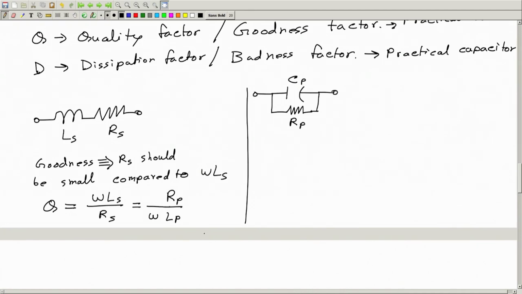Okay. So, now the badness is equivalent to how far this combination, this Cp Rp combination, is from an ideal capacitor. So, badness will be 1 over goodness,